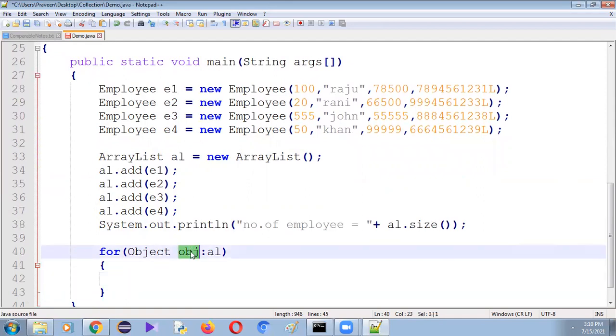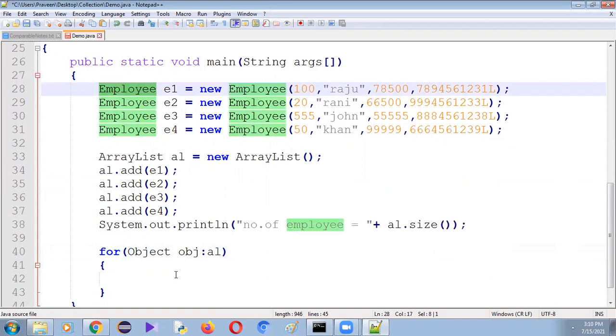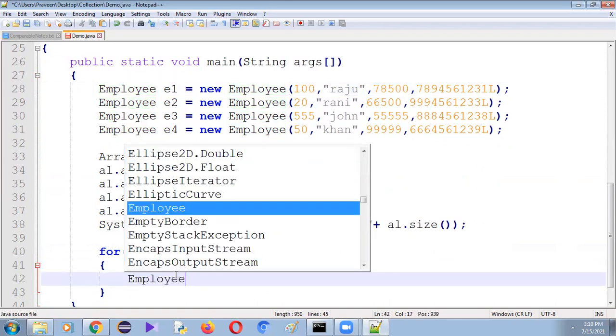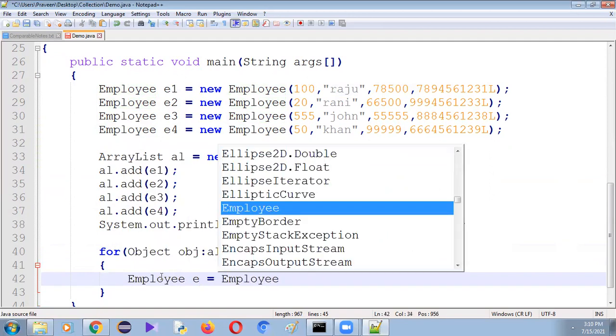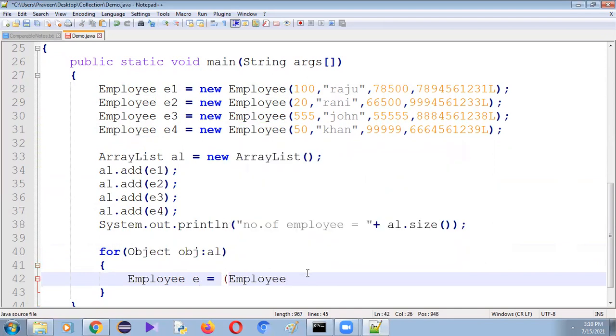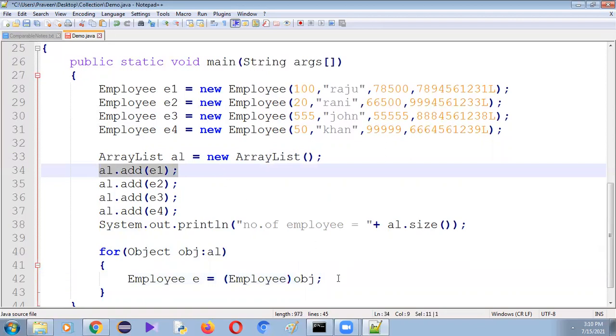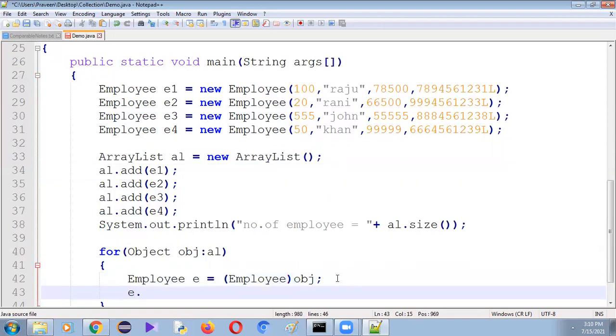This obj should be typecast to Employee: Employee E = (Employee) obj. Why? Because the objects we added into the ArrayList are Employee objects. Now by using this reference variable, let's invoke the method getEmployeeDetails. Let's save this program and compile it.